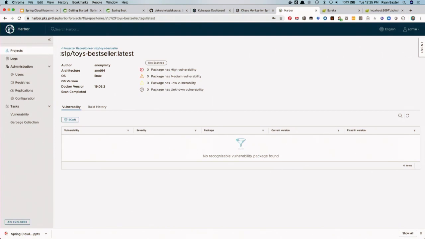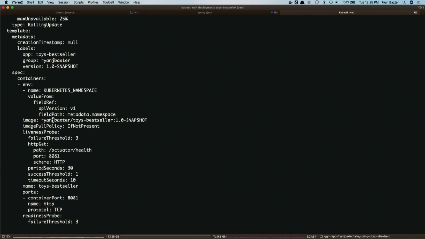So what I need to do is just get this, and I will replace the image with the one deployed to Harbor. My Harbor is deployed on this public endpoint.